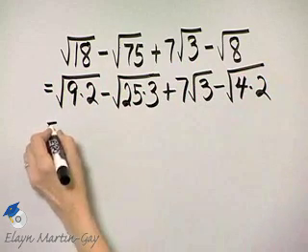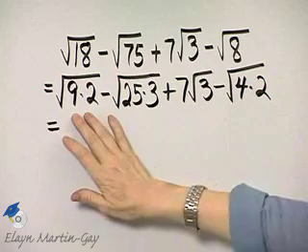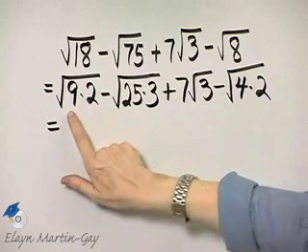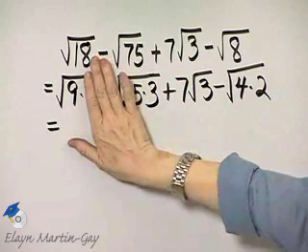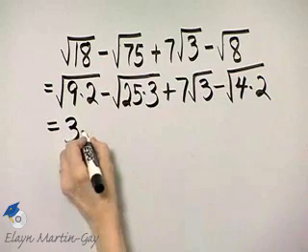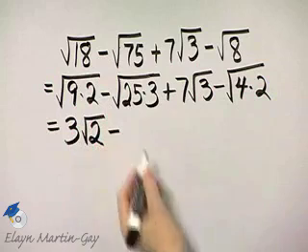Now let's go ahead and simplify. By the product rule for radicals, I can write this as the square root of 9 times the square root of 2. What is the square root of 9? The square root of 9 is 3, so I'll have 3 times the square root of 2 minus, by the